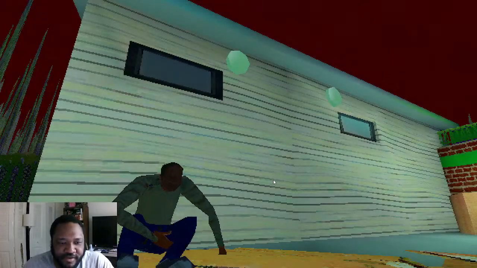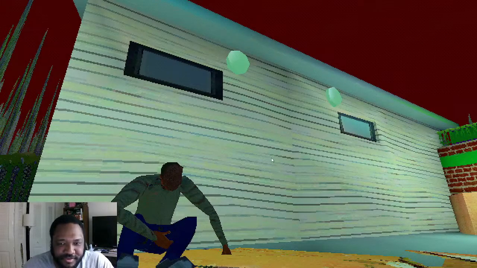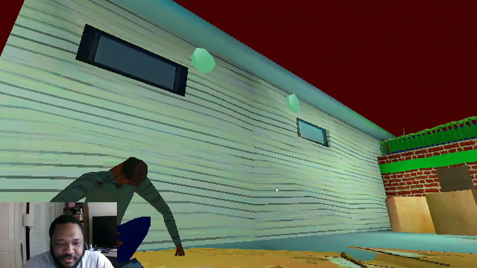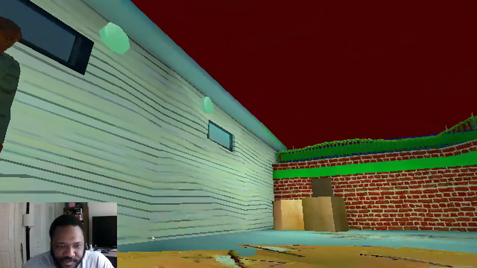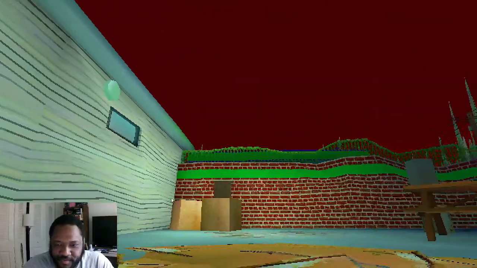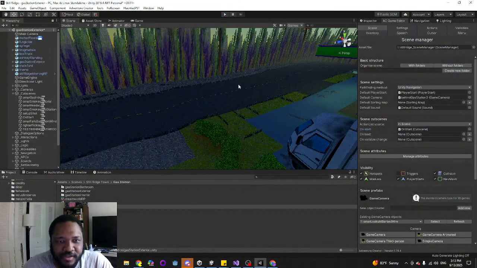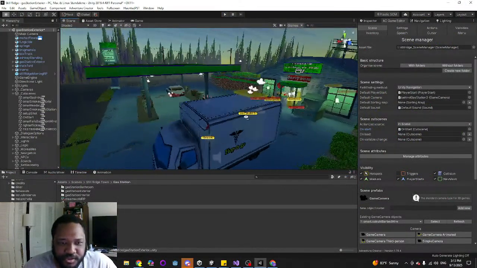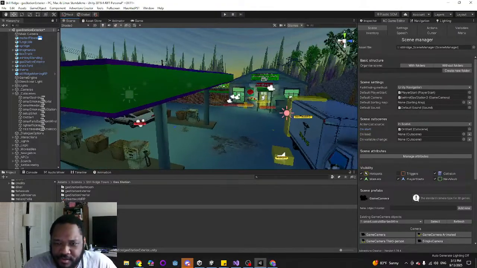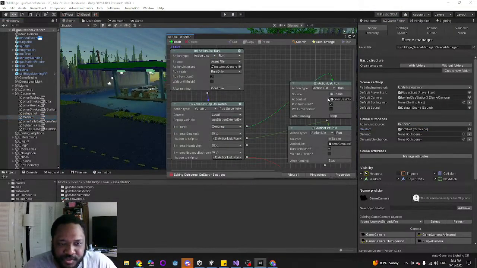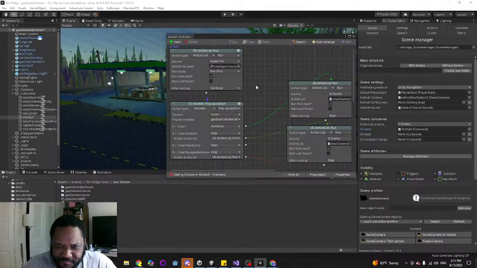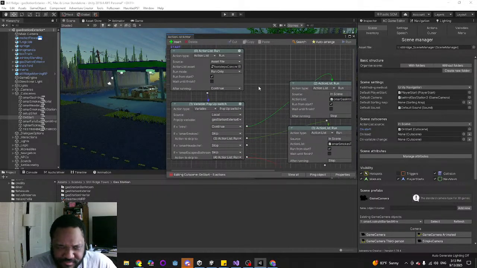Nope, I've got the wrong logic set up. Oh man, I gotta fix the seam in this texture. I think I want to adjust the texture warbling issues a little bit, but all right. I have to fix the logic on this scene because I've been testing a lot of moments.